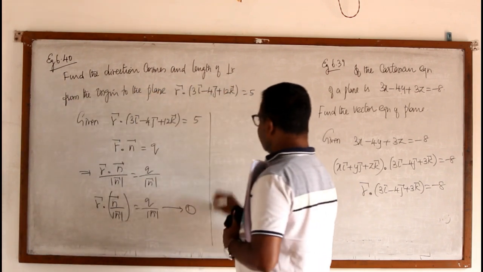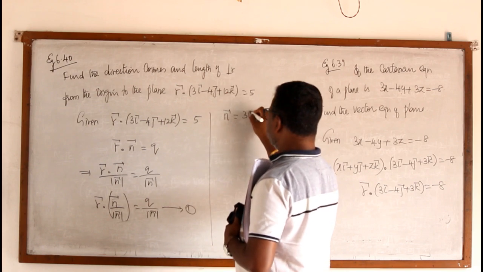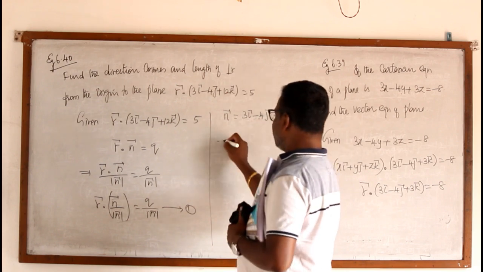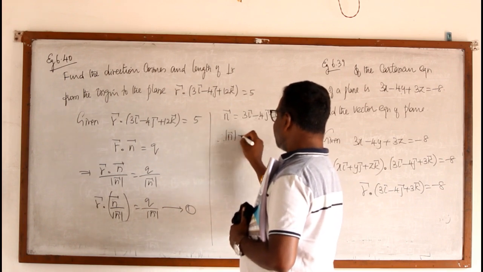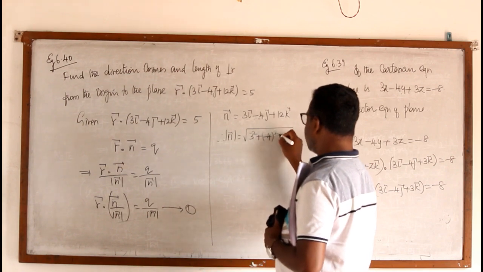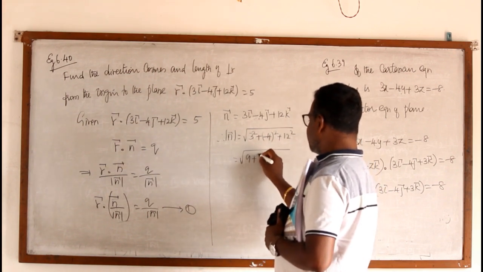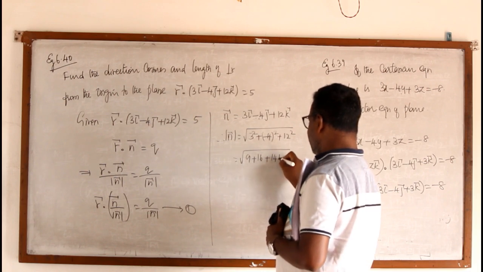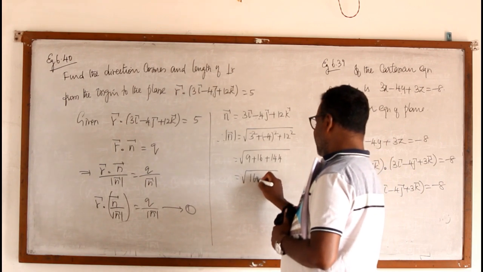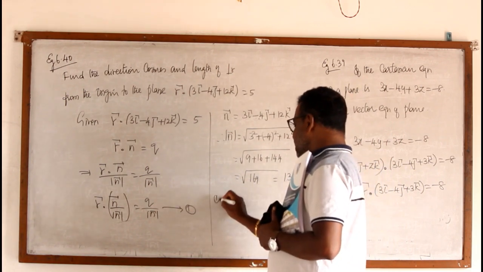Now, in the place of n vector, we have n vector is 3i minus 4j plus 12k. Therefore, the modulus of n vector is root of 3 square plus minus 4 the whole square plus 12 square. So it is 9 plus 16 plus 144. 144 plus 25 is 169. This is 13. Therefore, 1 implies